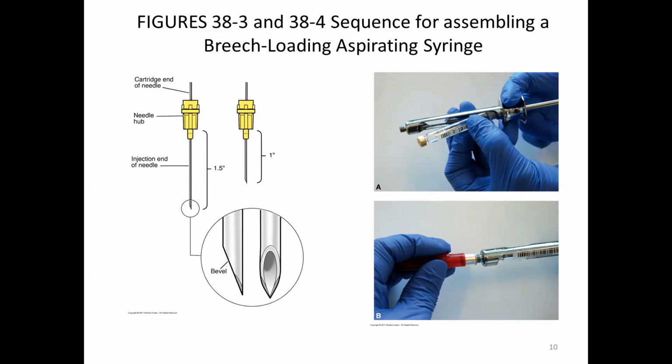And they are color-coded according to their gauge. Now, the gauge is the needle diameter. And for this, it's how big is that hole where the anesthetic comes out. So they're ranked from largest to smallest. So 25 gauge is the largest lumen. Then it's got 27 and 30 gauge. So 25 is the largest, which means the needle is less flexible,